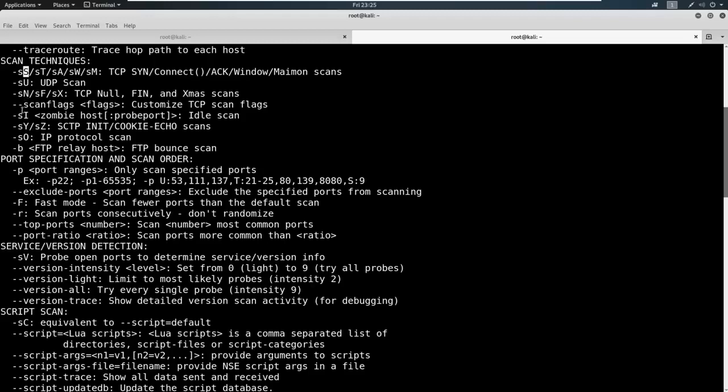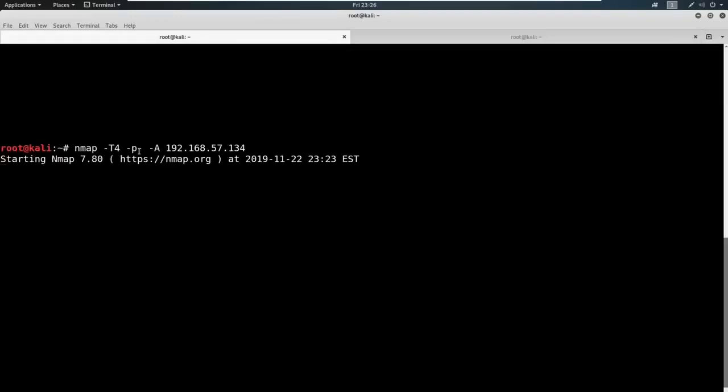We talked about TCP. Well, guess what? There's also UDP, and there's 65,535 ports over there as well that we have to scan. Now, UDP is a connectionless protocol. So what we're going to do when we scan it, let's go back to this scan. What we're going to do when we scan it is actually do that -sU in here,